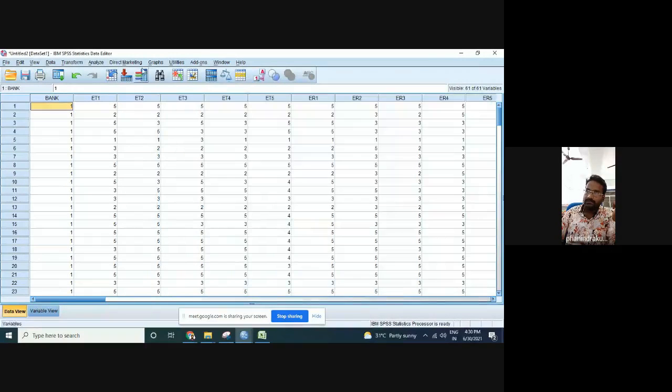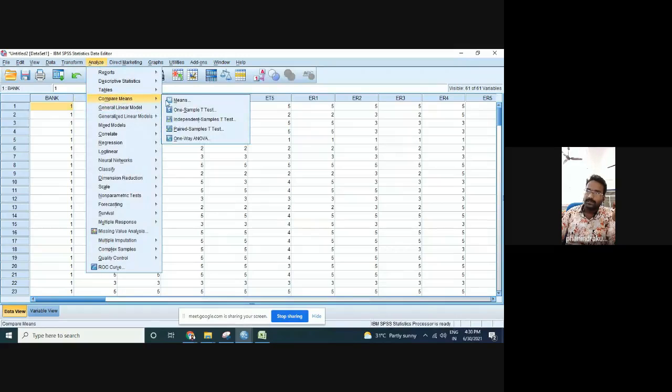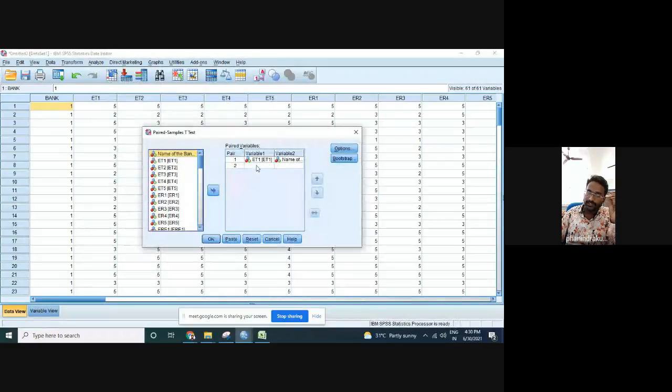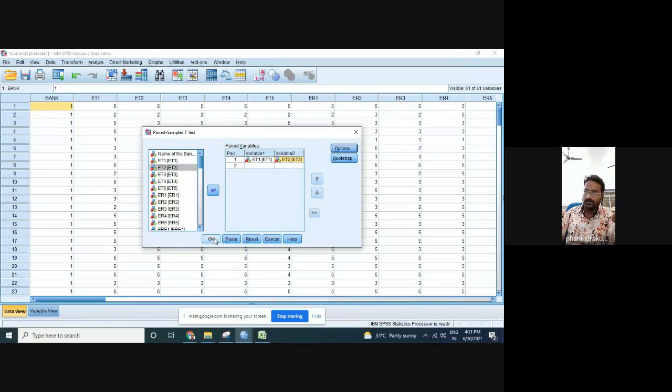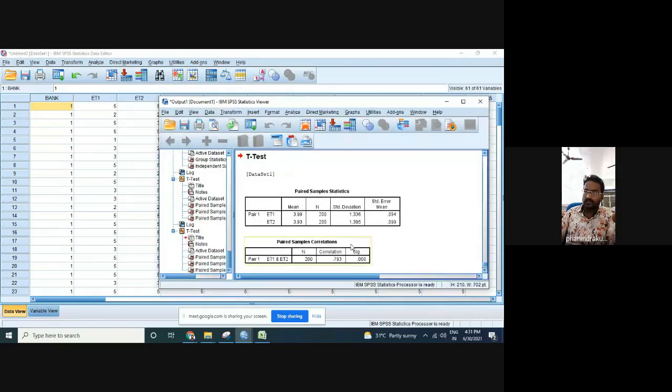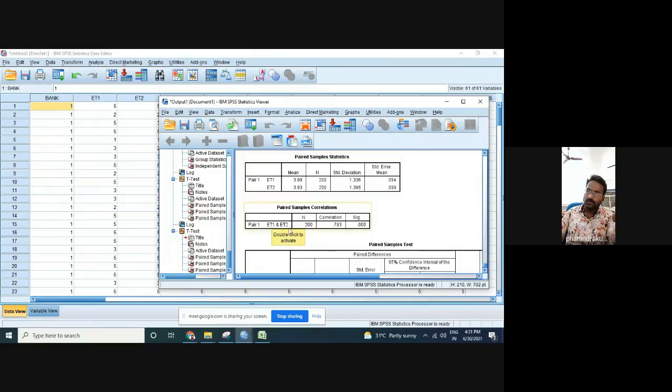For the paired t-test, you go to compare means, and here in paired t-test you need to define the pair. What is the pair you are going to take? ET1 as one pair and ET2 as the other. Then you can click on options: 90 percent confidence interval or 95 percent, and click on OK. Then you'll get this as a pair, ET1, ET2, 200, and the correlation significance.